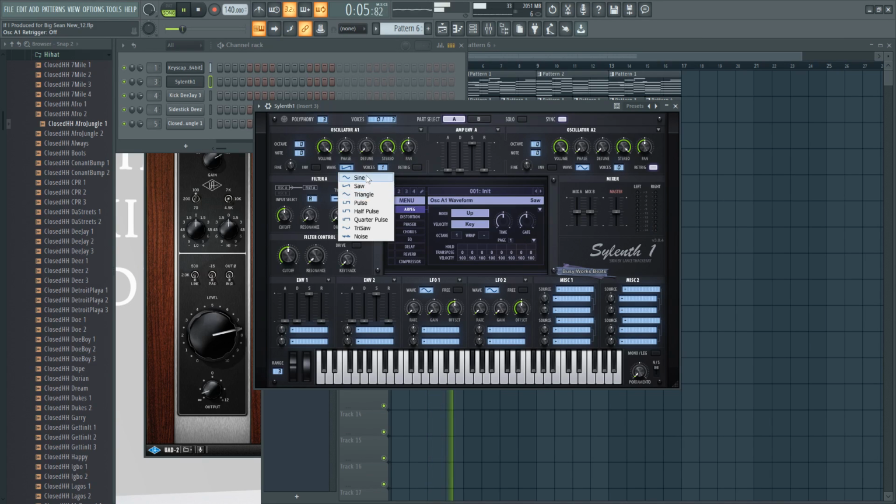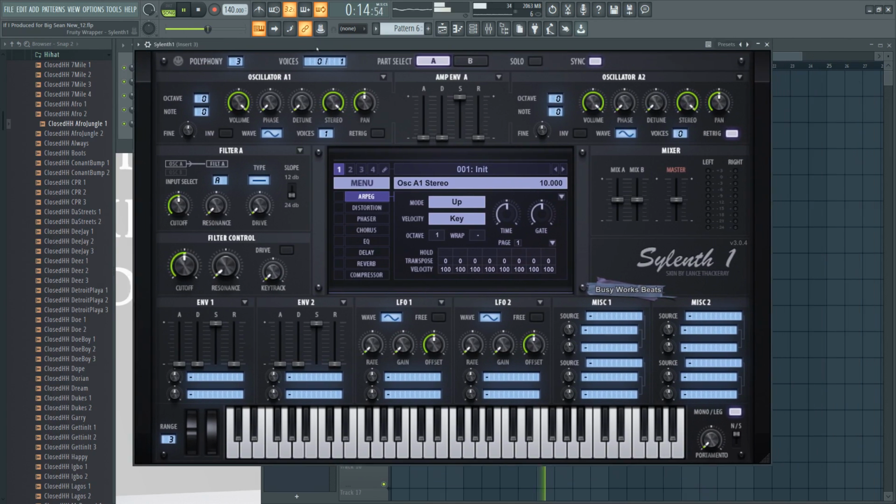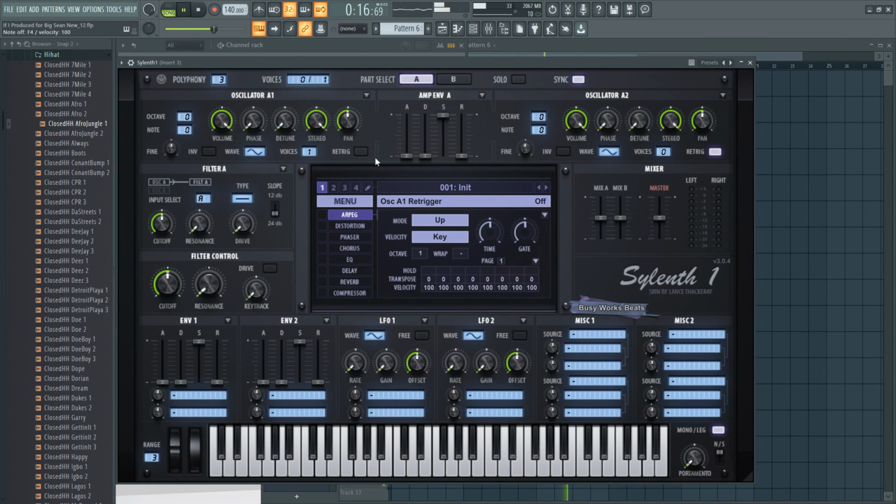Create a bass here. It's really hard to see this screen. Let me see if I can change the size. Man, I cannot see that from where I sit. So mono, legato mode, sine wave, one voice. Let's add another voice here as a pulse wave. Pull it one octave lower.